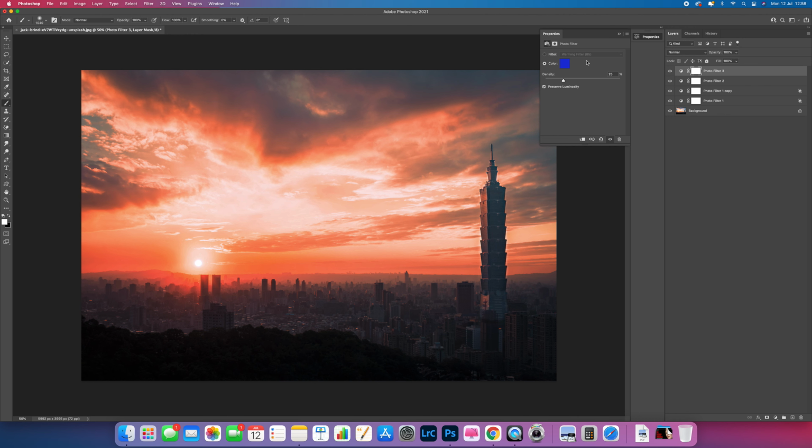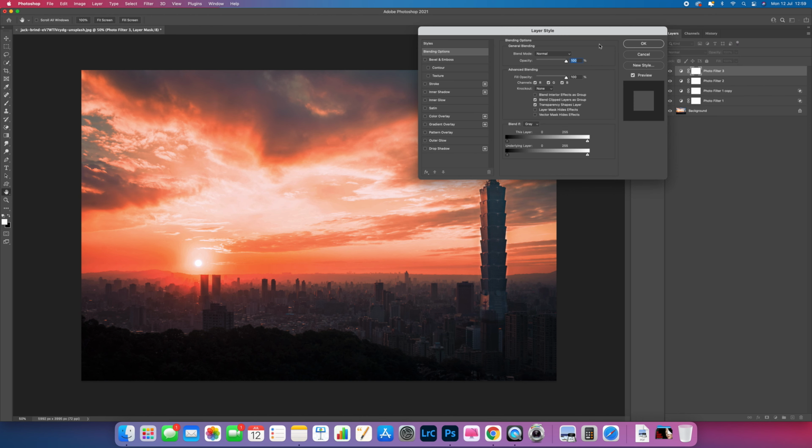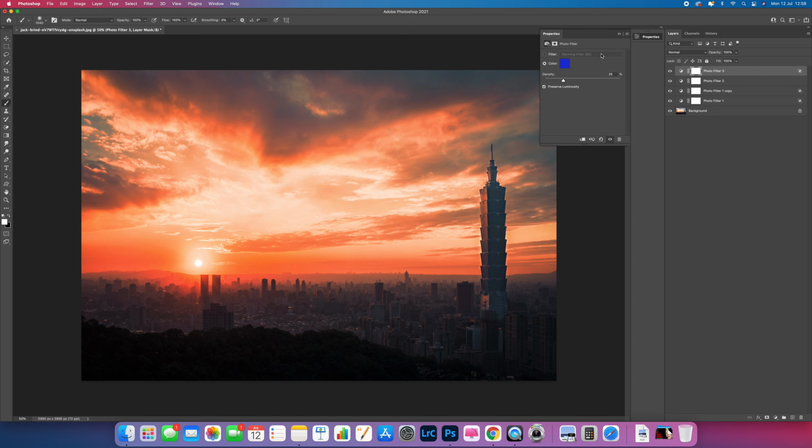Now again, we want to have this just in the shadows, not in the highlights as well. So come up to the filter here on the layers, and what we want to do is just double click, and again that brings up our layer style. Now this time we're going to do it over this end here. So if we bring this up, okay, again hold the Option or Alt key, and we can split this. So do that to the blacks, that to the whites,